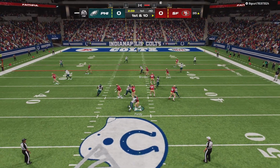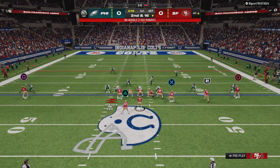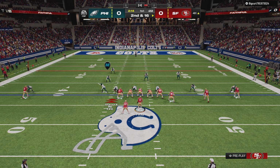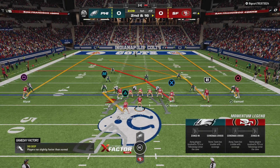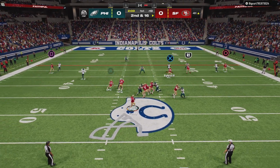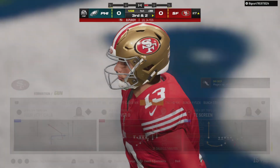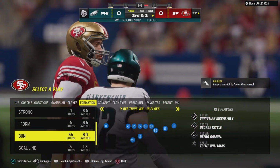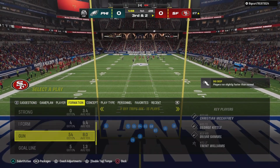On 1st down, it's Purdy. And down he goes. They sack him back right around the 41-yard line. Now Purdy. The first catch of the game for George Kittle. They get 14 back, but it leads now to a 3rd down. That's a good bounce-back play right there after taking a sack on 1st down. Didn't quite get it to the marker, but now they're in a much better spot for a 3rd and short